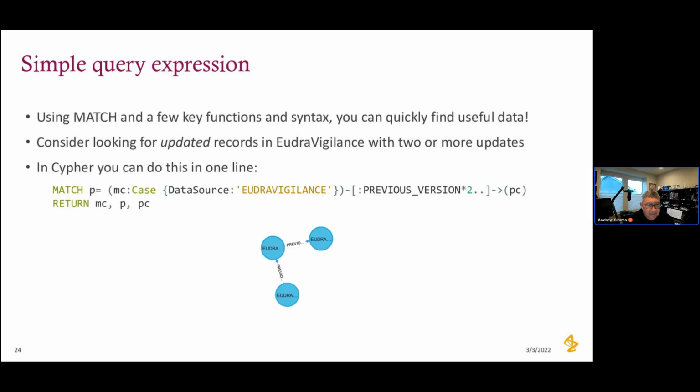Let's take a look at a very simple query. The base statement in Cypher is MATCH. What you do is you basically say, well, I'm interested in cases. In this case, I'd like to look for cases coming from vigilance. I'm interested in cases that have previous versions. That was an artifact of the vigilance data as it was being produced, that basically they would produce a case and then there might be an update to that case. So